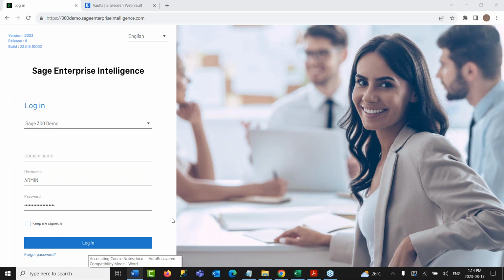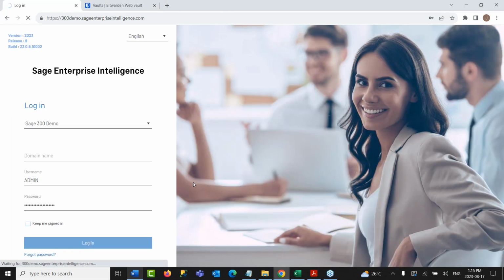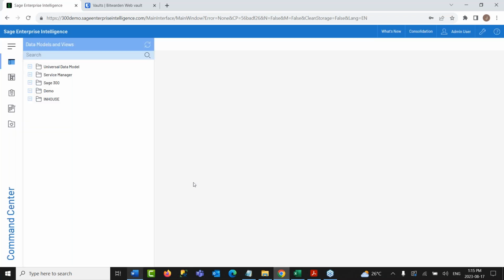We'll begin by having a look at the first platform of SEI that I would like to show you, which is going to be the web application, where I'm logging in as admin. But I must mention, each one of you can have your own login set up for yourselves, and based on your role in your organization, you can set up the reports that you would want to see, be it on the financial side, sales, operations, and so forth.